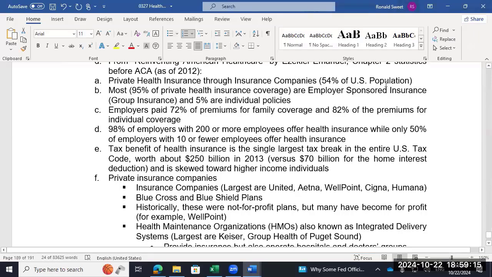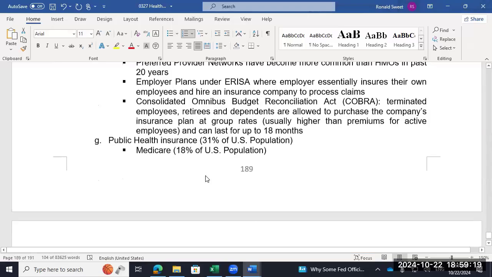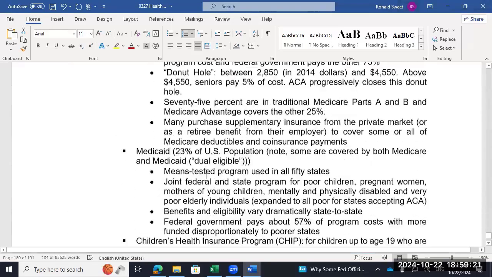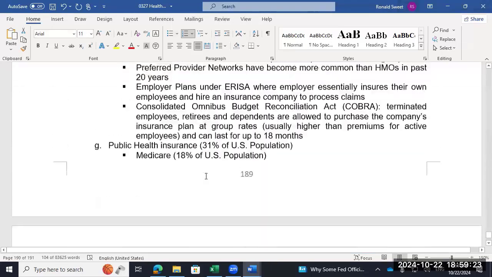Private health insurance through insurance companies. Okay, you can look through this. We don't really need it, I'm just giving you some information that might be useful. This is essentially telling you